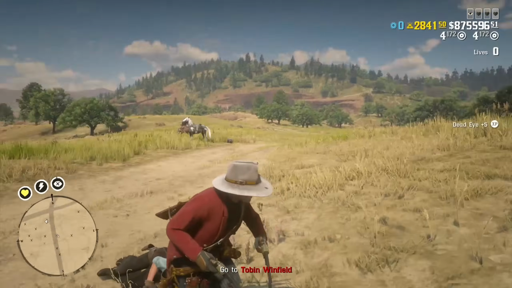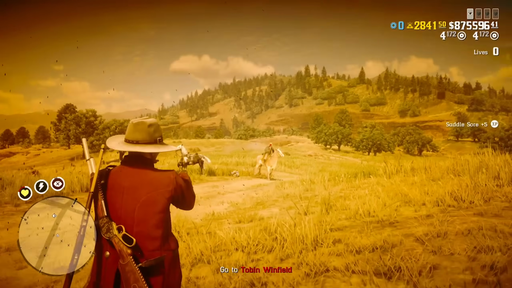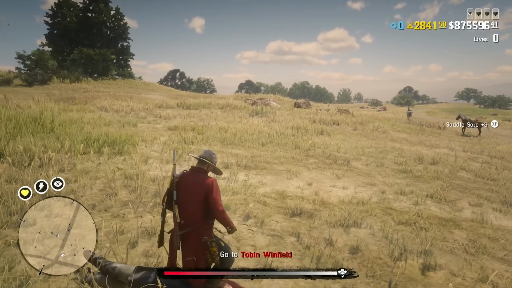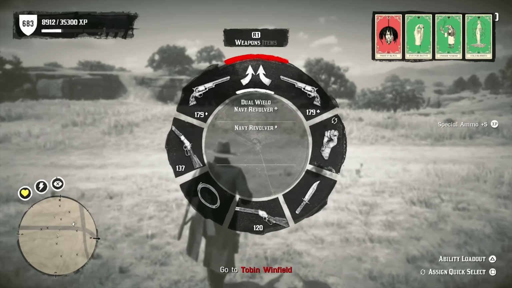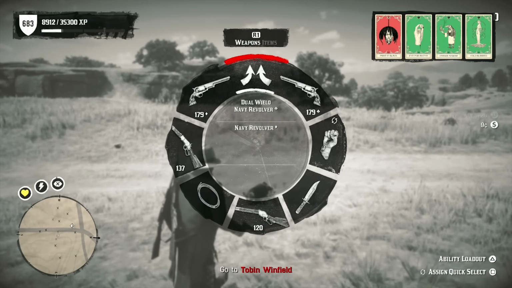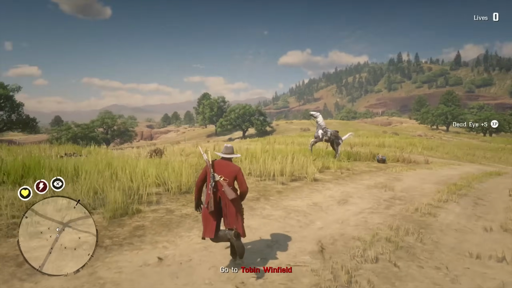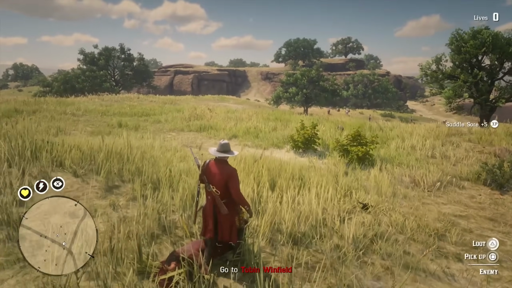Just, of course, tonic up if you need. That's the biggest recommendation, the biggest tip I can give literally for any player doing any legendary bounty ever. If you don't want to die, besides like using good ability cards, Painted Black, Eye for an Eye, Strange Medicine, Cold-Blooded, stuff like that, always tonic up. There's a ton more enemies to loot, so I'm going to do that, and then we will take Tobin Winfield